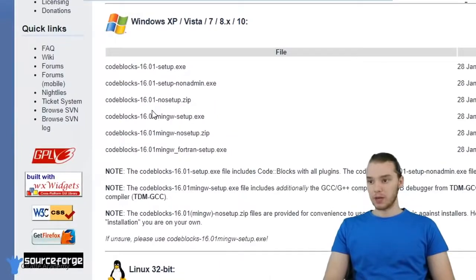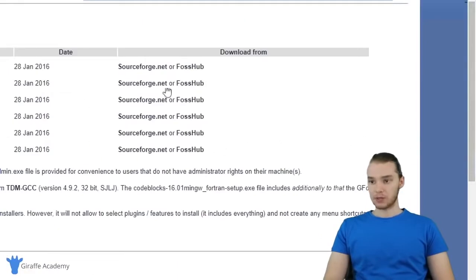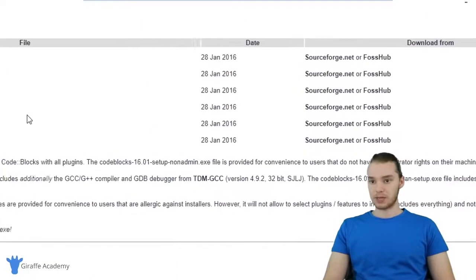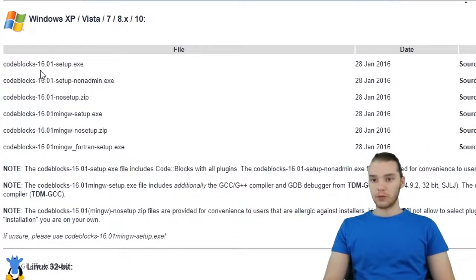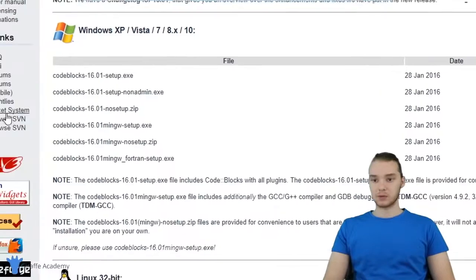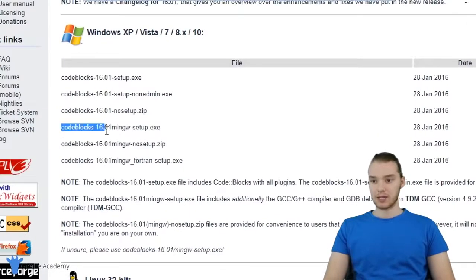I'm on Windows, so I'm going to come down here to the Windows option. You'll see there's little options for us to download this stuff. So there's a bunch of options here. What we want to download is going to be this one right here. It says CodeBlocks, and then the version number, and then it says